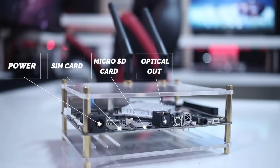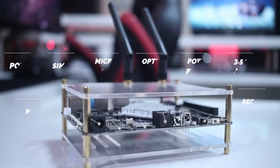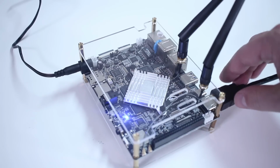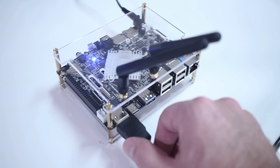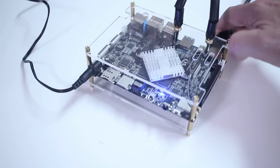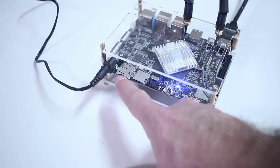But one thing I would like to point out that I didn't find any sense to is that it has the power input jack at the front of the case instead of at the back. And it's not only the power plug, it also has the optical out and the 3.5mm headphone jack on the front. So imagining that we will connect at least the HDMI cable at the back for the TV and the power plug at the front,